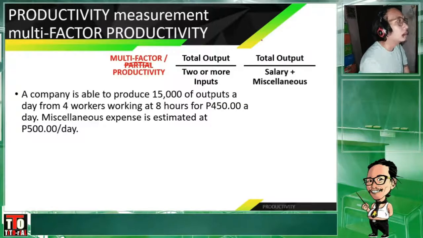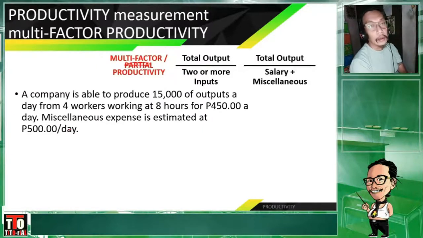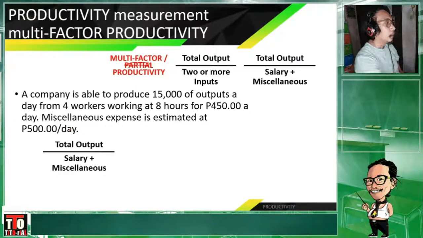Okay, example. Again, the company is able to produce 15,000 from 4 workers working at 8 hours for 450 pesos a day. Miscellaneous expense is estimated at 500 a day. So we don't have to multiply the miscellaneous because in our example, it was already said to be in a day. Okay. Now,